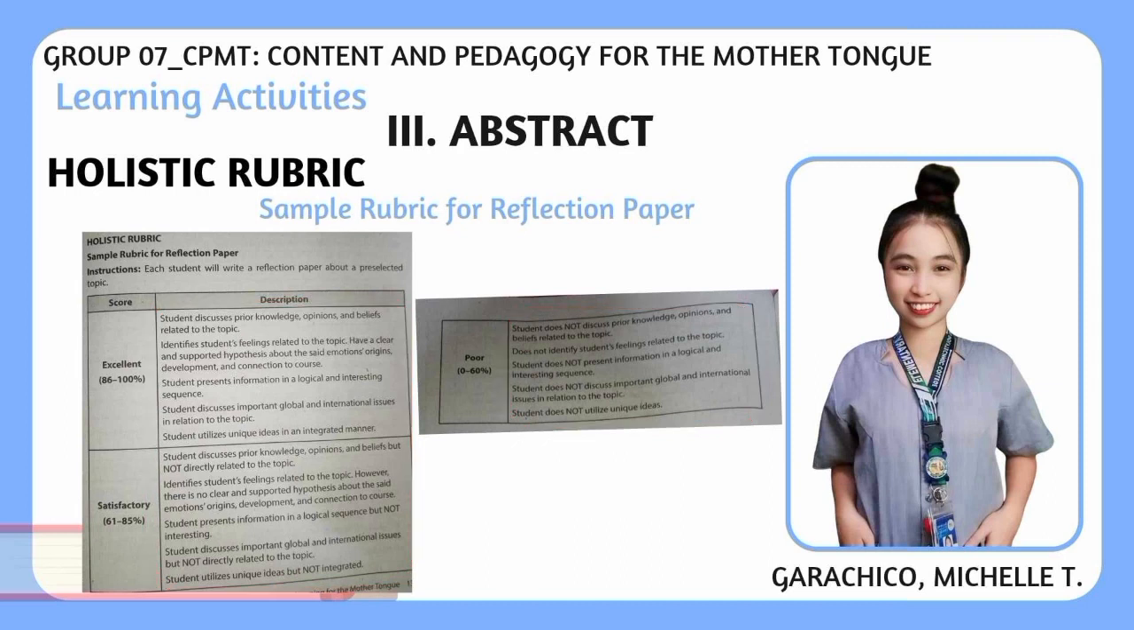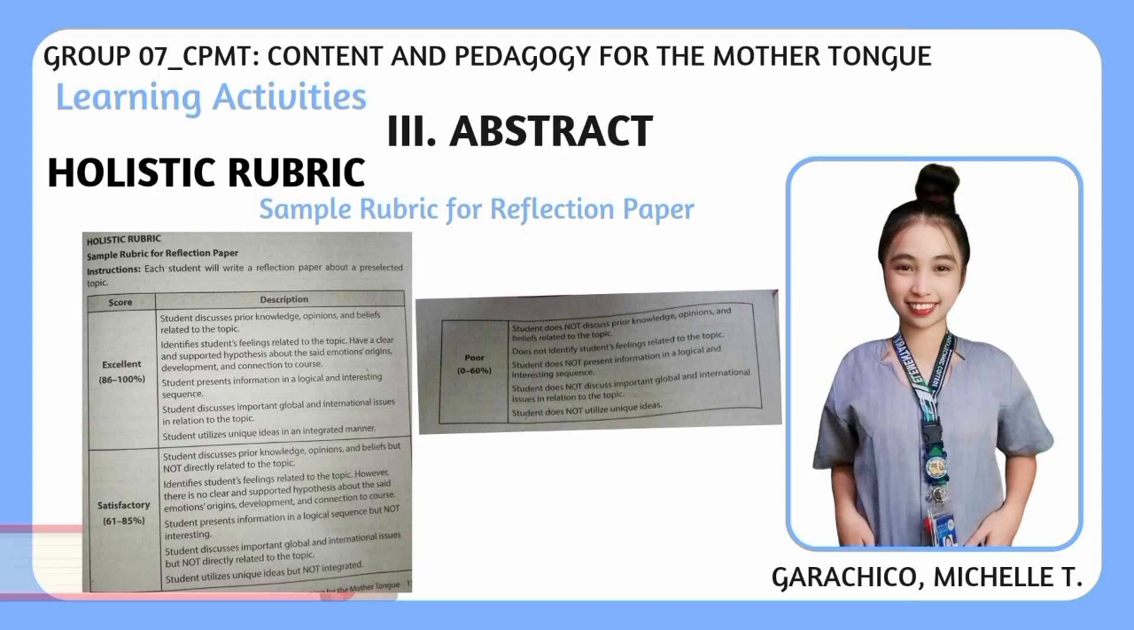Sa paggamit ng holistic rubric, the evaluator would assess the students' reflection papers sa pamamagitan ng considering sa overall quality and assign a single score na nire-range from 1 to 4. Ang score ang nagre-reflect sa judgment ng evaluator sa students' performance as a whole, taking into account all the criteria